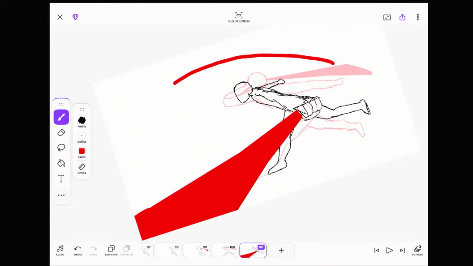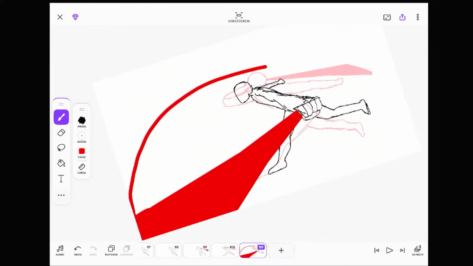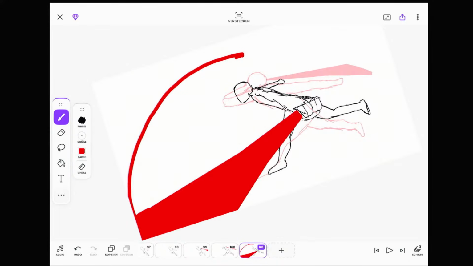Lightsaber comes here, goes like this. Like that.